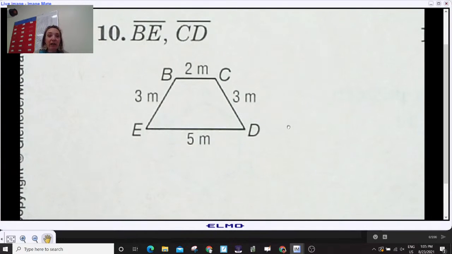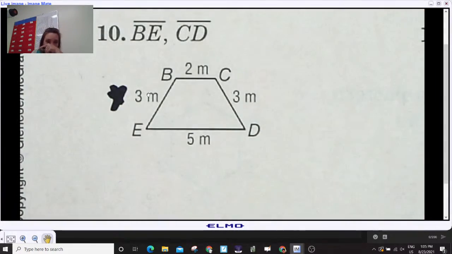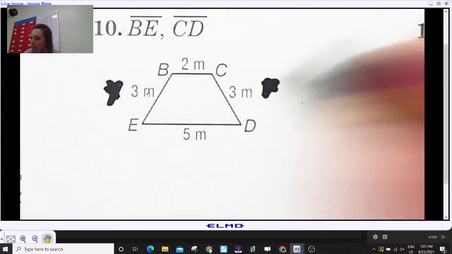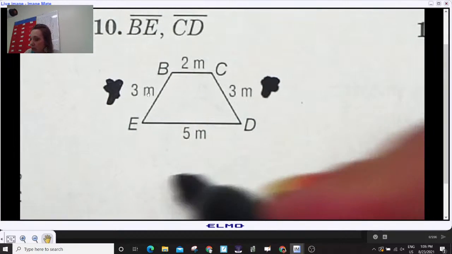So if we look at this little diagram right here, and it's asking us about segment BE. Do y'all see that segment? Segment BE is right here. And segment CD, it's right here. What do we know with those two segments? They're the same length. How do we know they're the same length? Because they're both labeled with 3 meters. That means that their measurements are equal. If their measurements are equal, the lengths themselves are congruent. So our answer here would be,